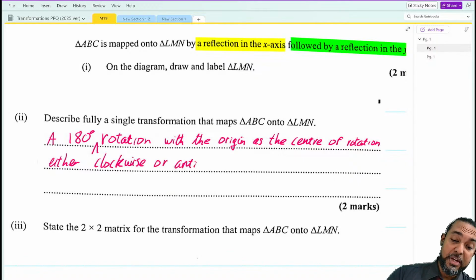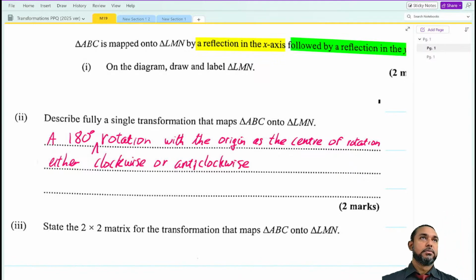But it only works that way if it's 180. If it's not 180, you can't say that. If it's 90 degrees, you can't say it's either clockwise or anti-clockwise. And I'll show you. Yeah, for 360 too, and 0 degrees too. But if it's 0 degrees, you didn't really rotate, you know? There's also a 360-degree rotation.